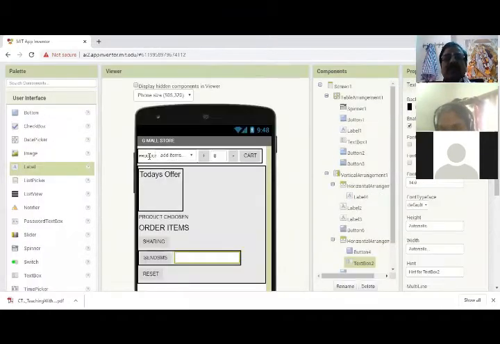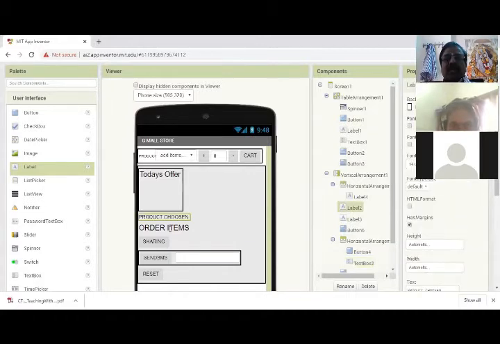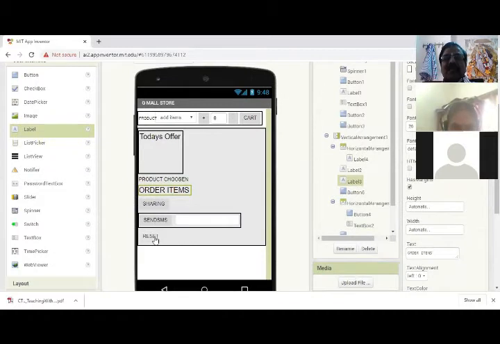The first one is a product. I am going to use a spinner or drop down list to choose what product we are going to pick. Here I am going to use a plus and minus sign to increase the quantity. So it's an add cart. This is today's offer. I am going to change it dynamically when I initialize the screen. Here today's offer is 1,000: when you buy 1,000, we are going to offer a coupon of 50. This can be changed accordingly from the database. No problem. So this is the product chosen, the order item, the sharing, send SMS and reset.